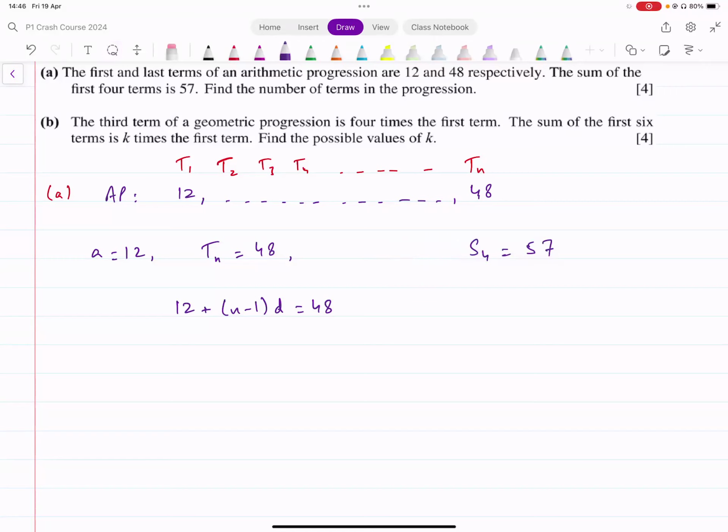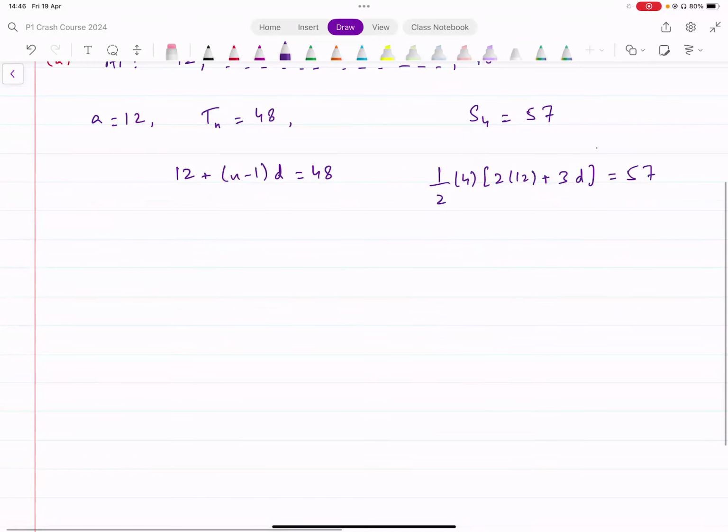Similarly, we know the sum formula as well. Sn is given by half n. In this case, n is 4. Into 2 times a, that's 2 times 12, plus n minus 1, that means 4 minus 1, 3 times the difference. This is supposed to be equal to 57. All right. Let me just check this again. Half into 4 into 2 times a plus n minus 1 into difference. That becomes this. Okay, so now what we can do is we can find the value of d from this,